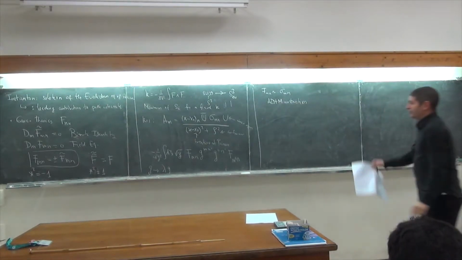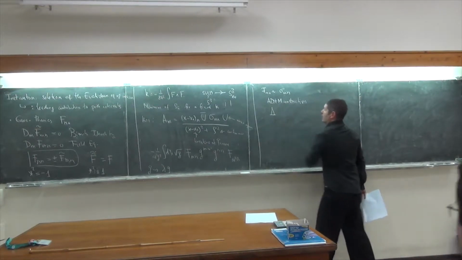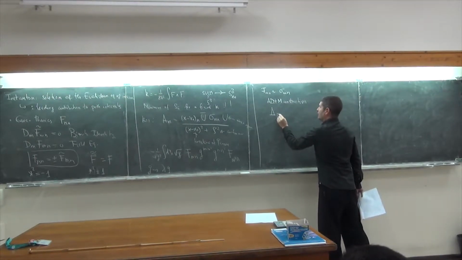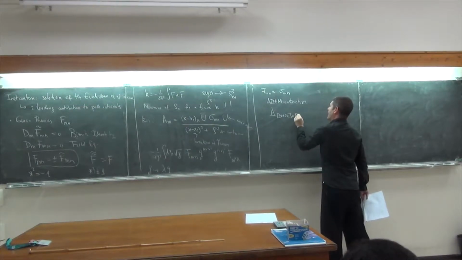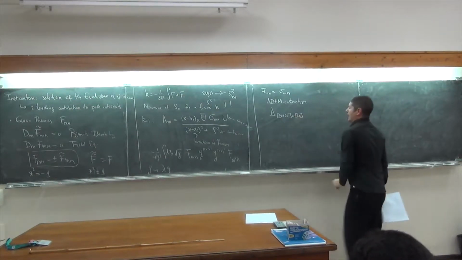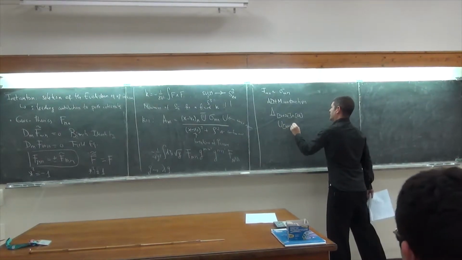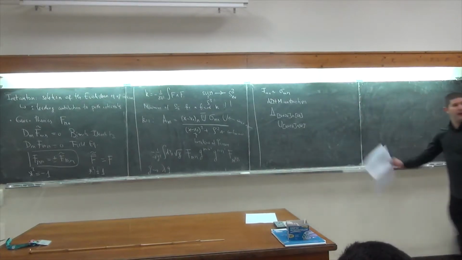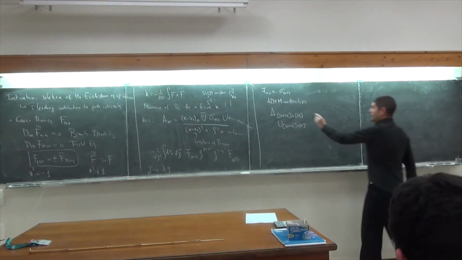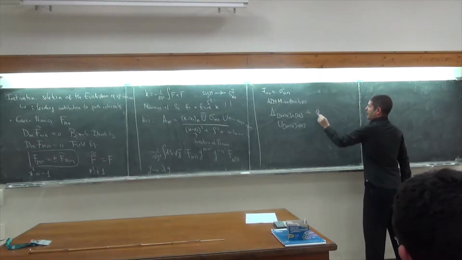And this construction is based on two rectangular matrices. One is delta, which is n plus 2k times 2k, and one is U, which is n plus 2k times n. This construction is based on the assumption that this matrix is given by a constant matrix